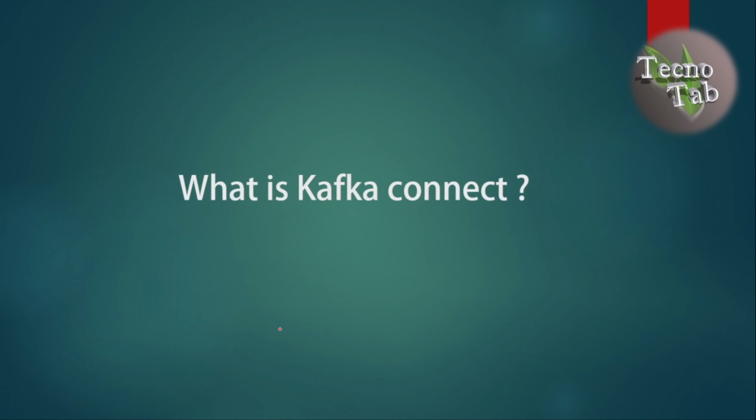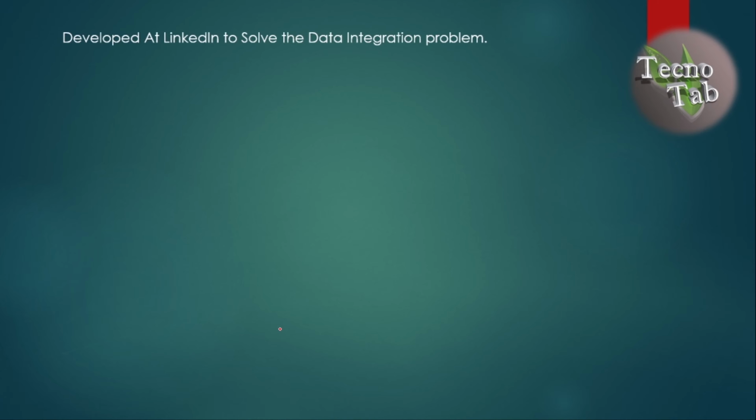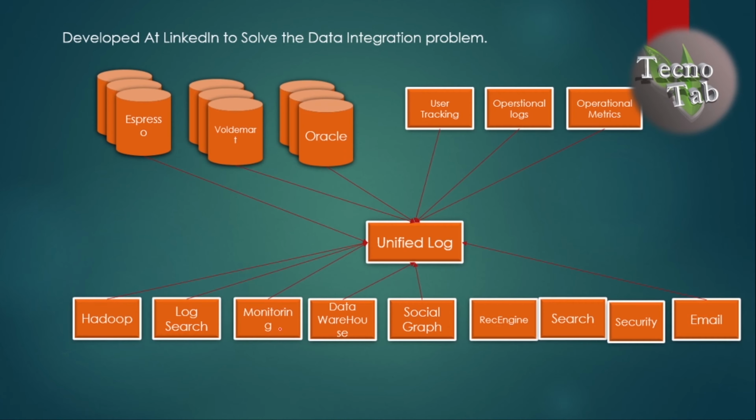What is Kafka Connect? To learn Kafka Connect, you have to look at Kafka first of all. So why did Kafka come into the picture? Kafka was originally designed by LinkedIn to solve the data integration problem, where you will be having many source systems and many target systems that are interacting with each other. If you look at this diagram here, it looks very complicated. The data is flowing from many source systems to many target systems, right? The point is very straightforward.